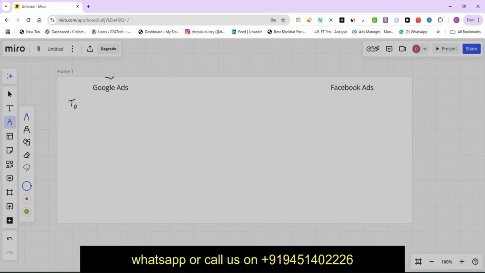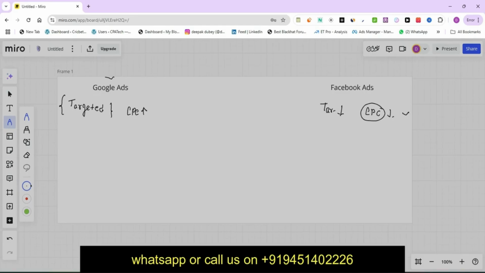On Google, the audience is highly targeted. Compared to Facebook, Google has a much more targeted audience, but the CPC on Google is also much higher. On Facebook, targeting is much less possible. You can use Excel to do targeting. But if you ask me, Facebook ads are very poor when it comes to targeting. But if I talk about its CPC, it's very low. So advertisers get a big benefit from this.